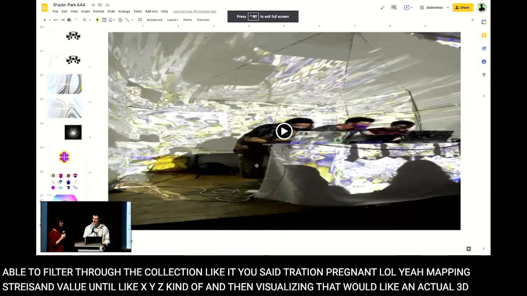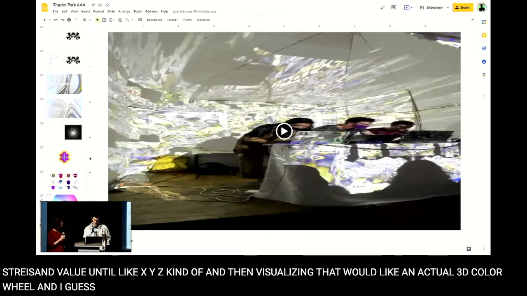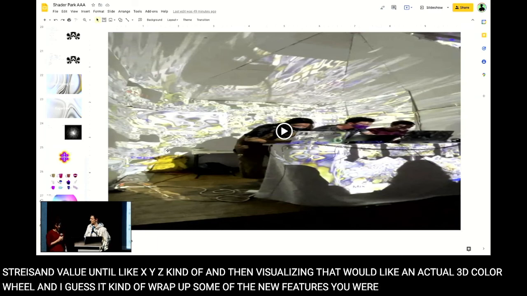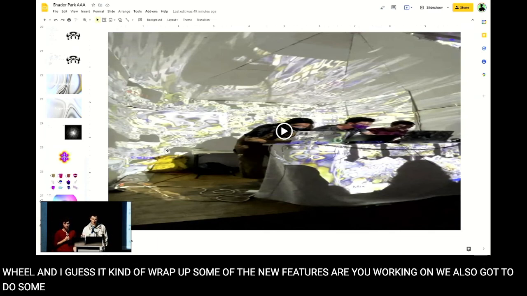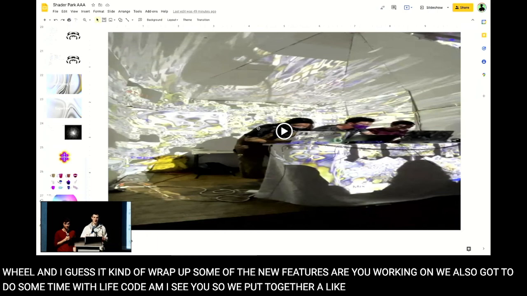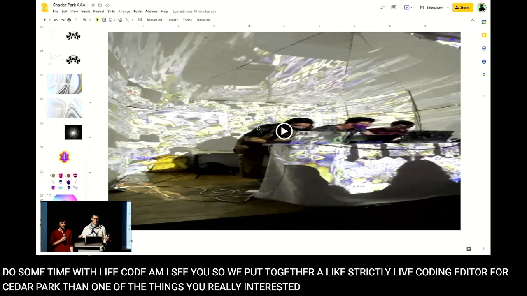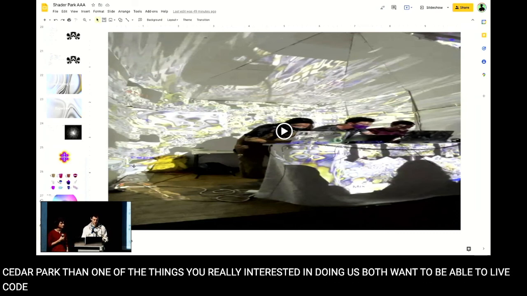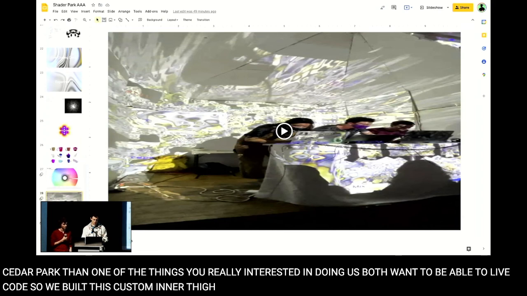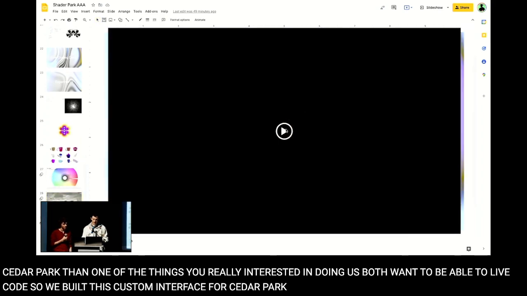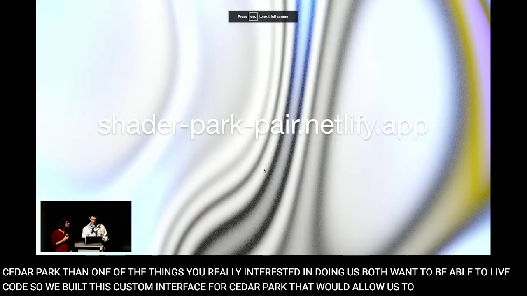And to wrap up some of the new features we were working on, we also got to do an event with Live Code NYC. So we put together a strictly live coding editor for Shader Park. One of the things we were really interested in doing is that Pete and I both wanted to be able to live code. So we built this custom interface for Shader Park